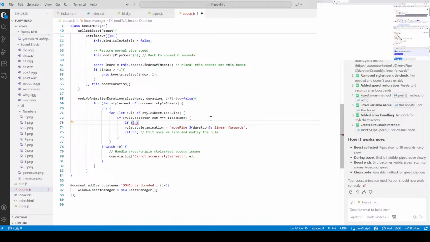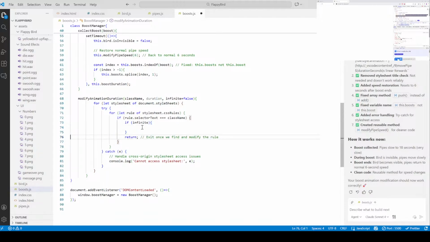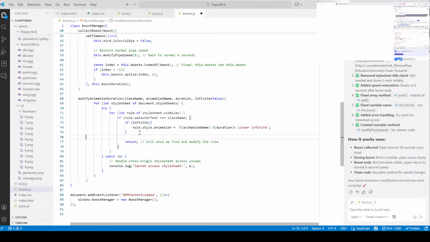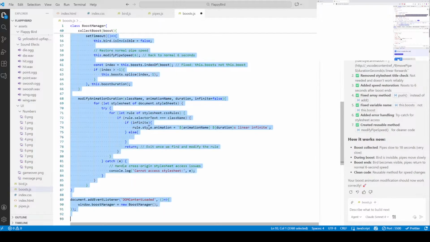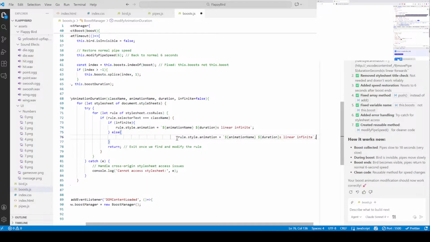then if infinite, class name, animation name, linear, infinite, and else we want to have this without animation. I meant without infinite. Linear. Okay,